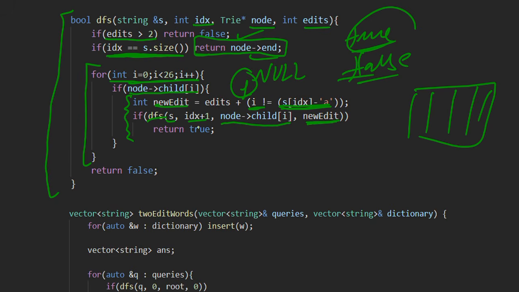If this function returns true, then we return true, that is, we won't compare further, right? But if we do not return true in this loop, that means this word can't be compared to the query, so we return false.